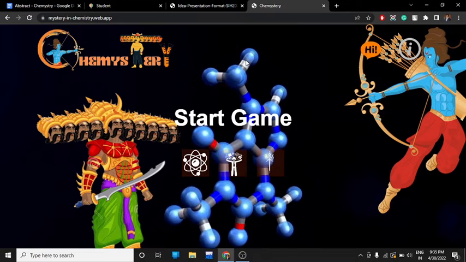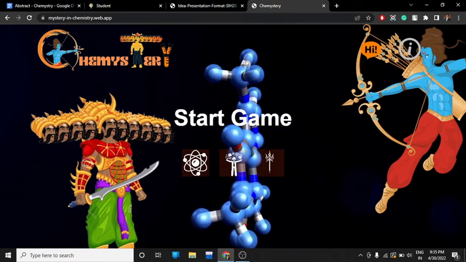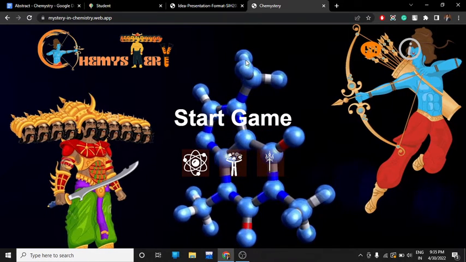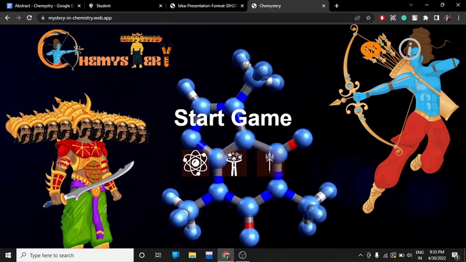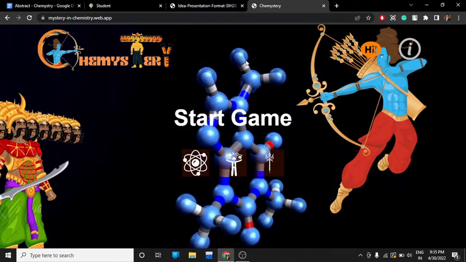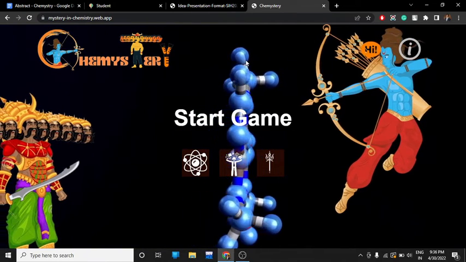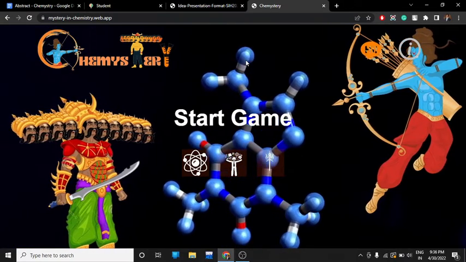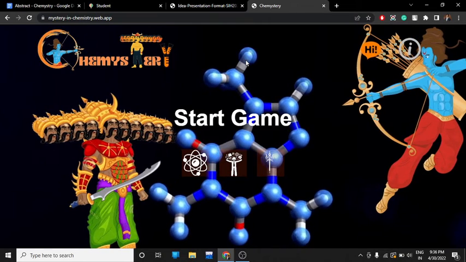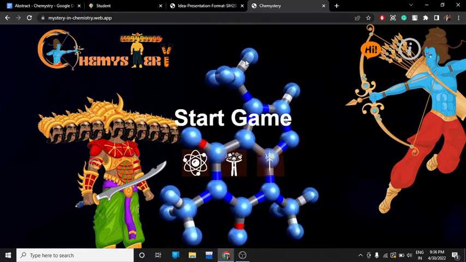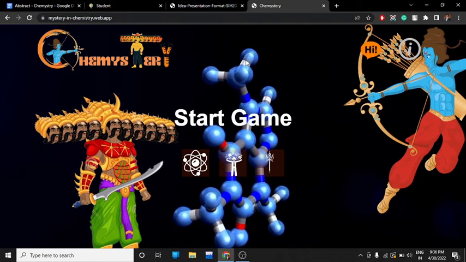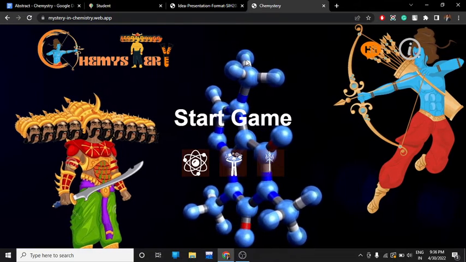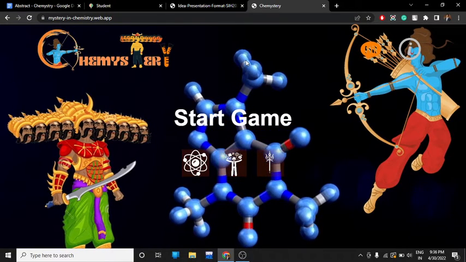Basically, if we talk about the actual concept of our game, we are integrating science or the theoretical subjects with our epic spiritual stories which our ancestors have given us. Why? Because during the early age of learning, it's really difficult to conceptualize the concepts and actually visualize them. But by correlating them with great stories, we will be able to learn those concepts as well as learn moral values from these stories.